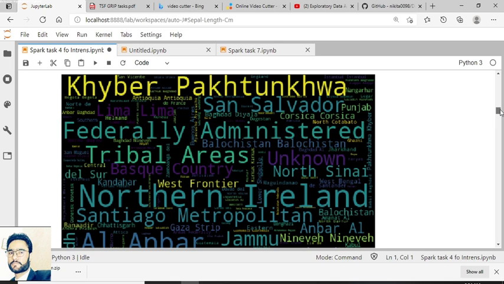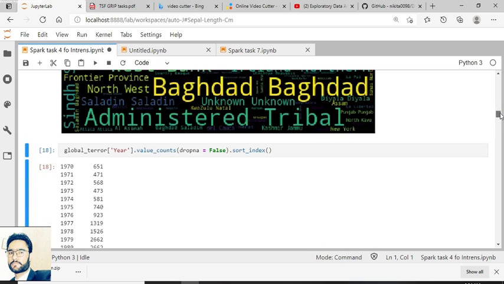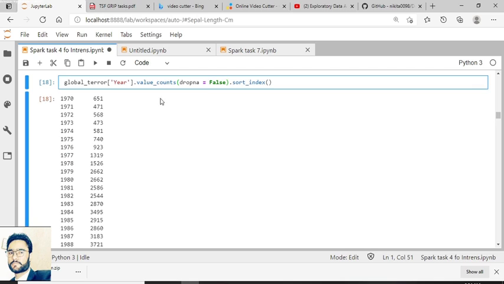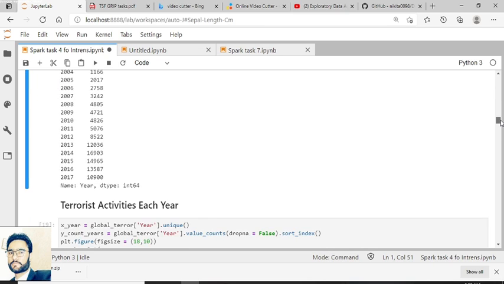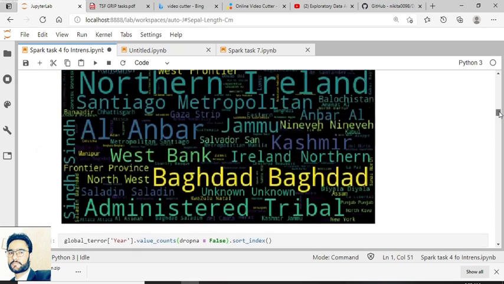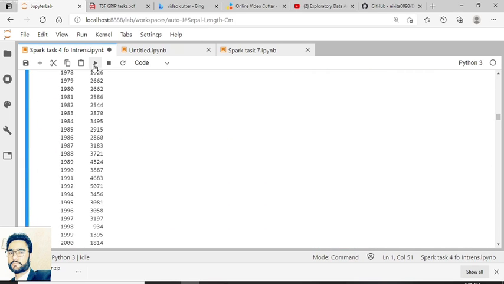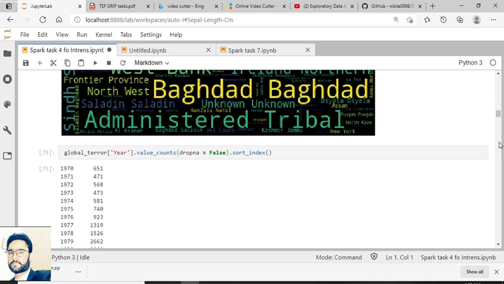So the data is inside the CSV file, and we get it from there. It is not independent. It is dependent on the dataset from where we print it. So we try to check the number of values from 1970 to the last date, 2017. I hope, yeah, 2017. So just execute the command and it shows this.